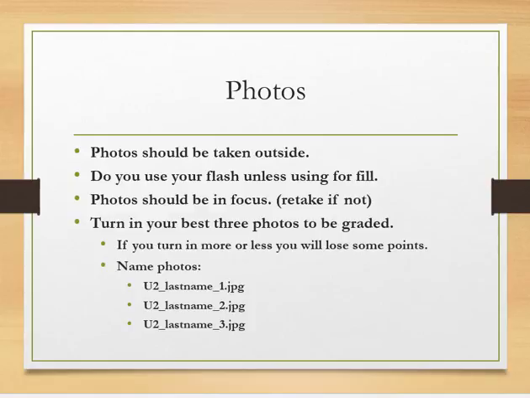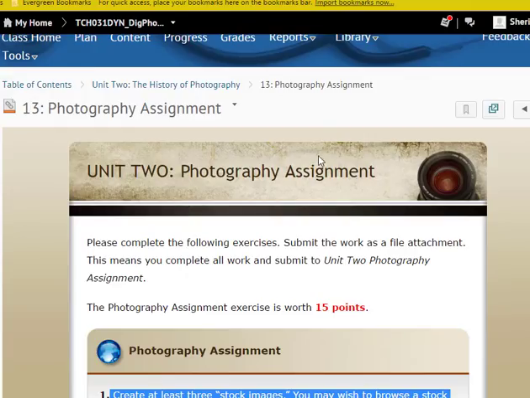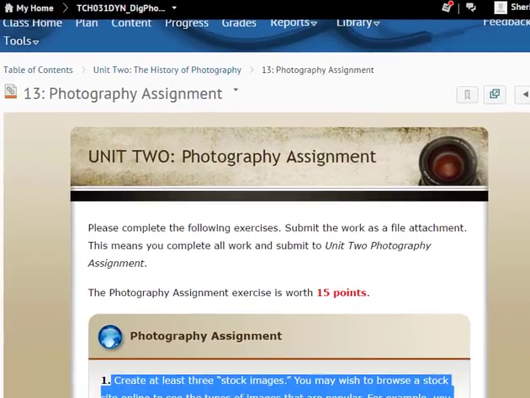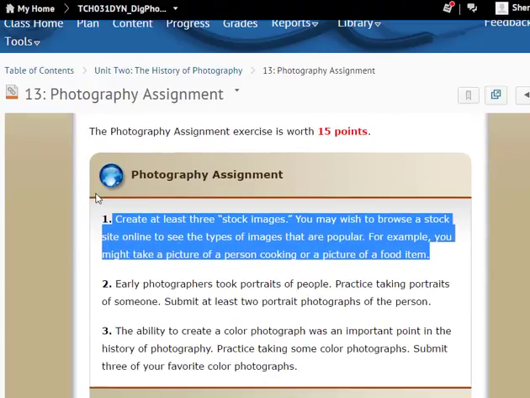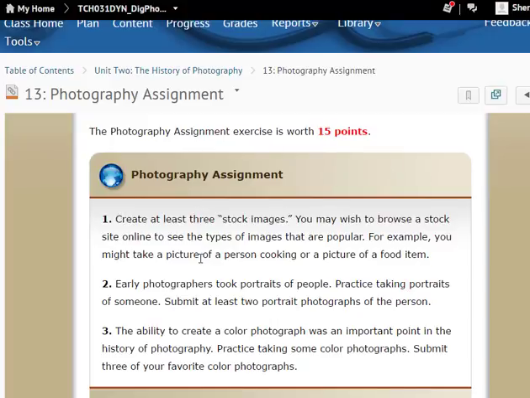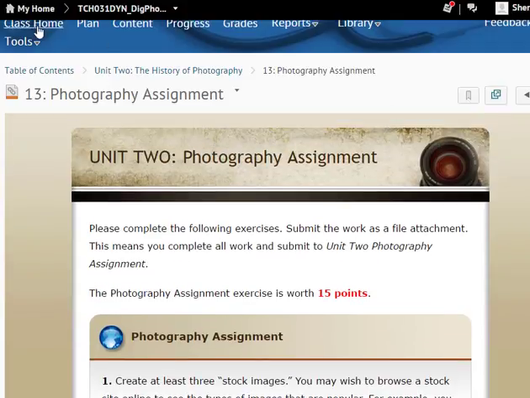We will be following the rubric on this assignment, and you can find that in the course. I'm going to pop over to the course for a minute. This is the Unit 2 Photography Assignment. When I say Prompt 1, that would be the first assignment. I copied and pasted this information onto the slide that you just saw. This photography assignment is worth 15 points. If I go to the class home of this class,